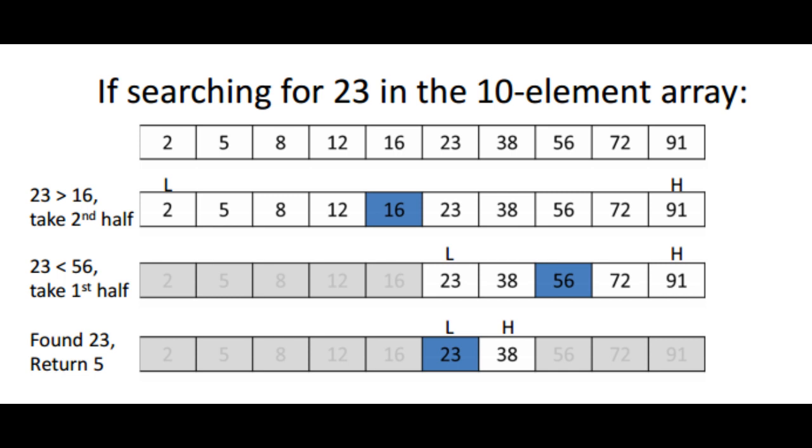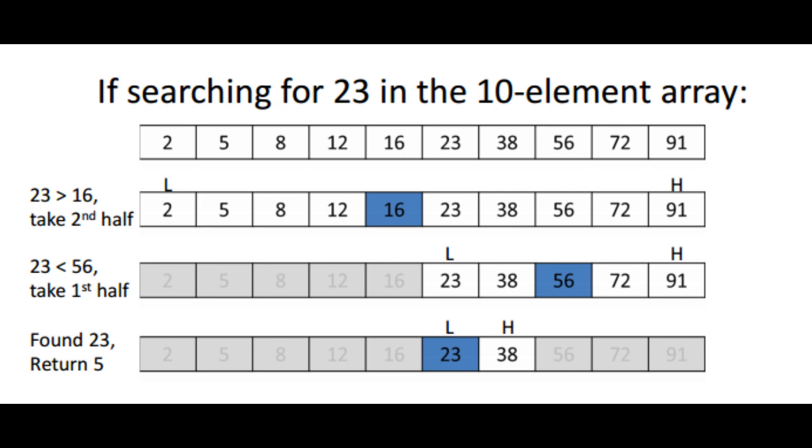For example, we are going to search for 23 in an array of 10 elements. To find the mid position, the formula is (start index plus end index) divided by 2. Therefore, in this case, the mid value is 5. So 23 is checked against the value at index 5, that is 16. Obviously, 23 is greater than 16. The search will be done in the sub-array to the right of the midpoint.